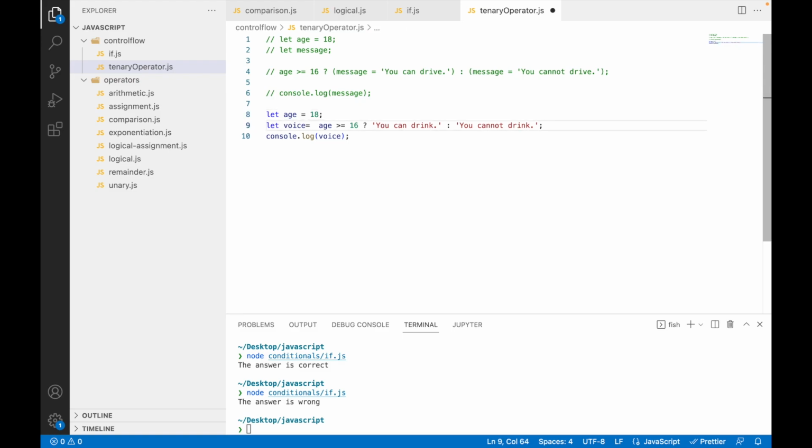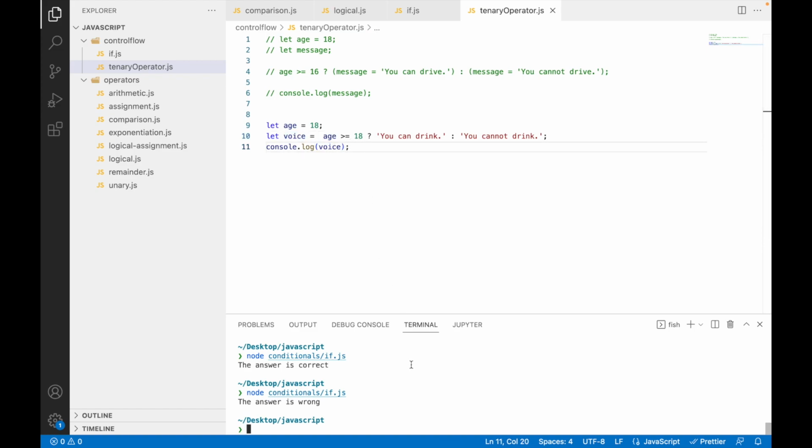Here we have a user's age to be 18, and we're trying to check if this person is greater than or equal to 16 before they can drink. I think it's better if we have 18 right here. So if you are greater than or equal to 18, yes, you can drink, else you cannot drink, and this is assigned to the variable, and we print it. Let's go ahead and try this. So we're going to run node control flow on ternary operator, and of course you can drink because you are